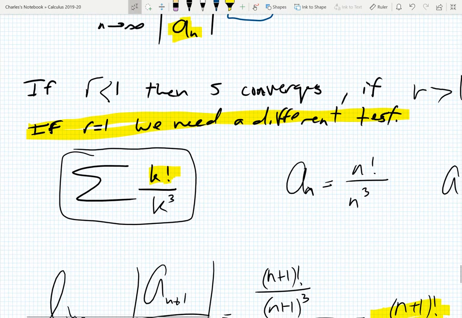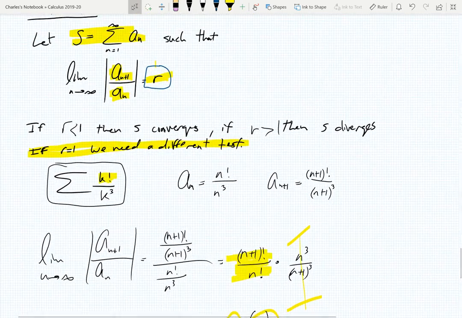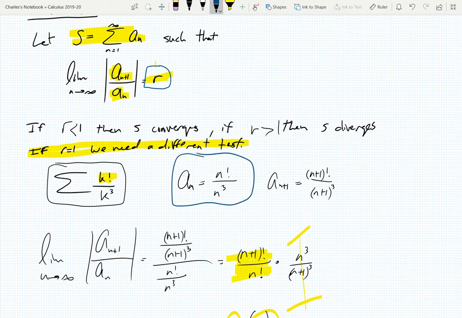So I'm going to say the sum of k factorial over k cubed, okay? I guess we're going to switch this to n, but I'm going to divide. a sub n is n factorial over n cubed. a sub n plus 1 is n plus 1 factorial over n plus 1 cubed. All right, now